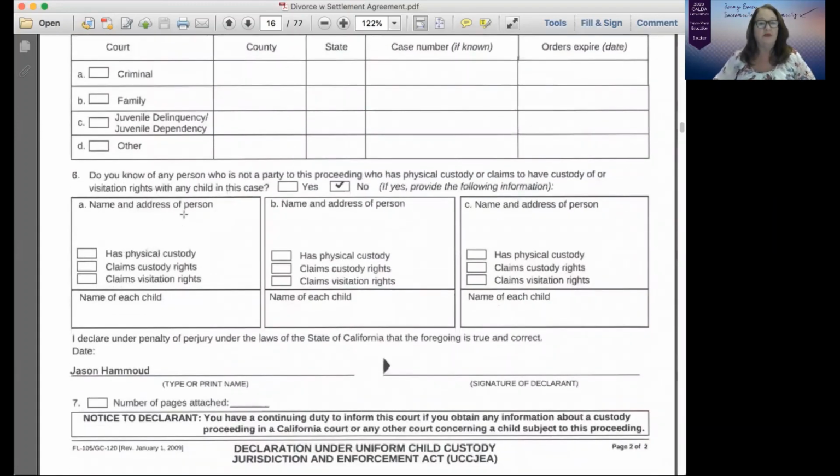And does any other person claim to have any custodial rights or visitation with the children? Every once in a while, it could be a grandparent, could be a step-parent, could be a guardian, could be other things involved there. Very rarely does that come up though,